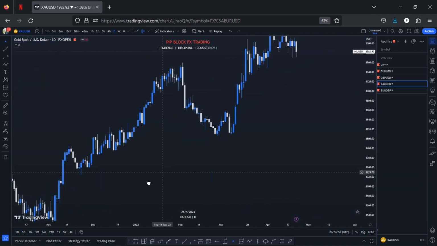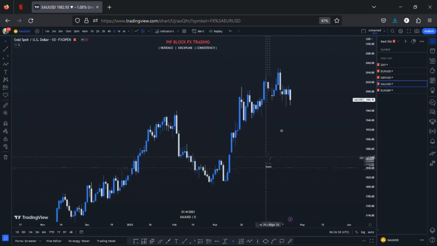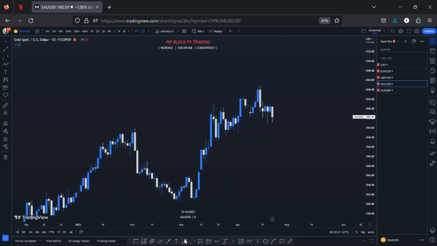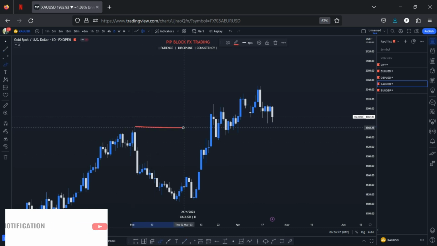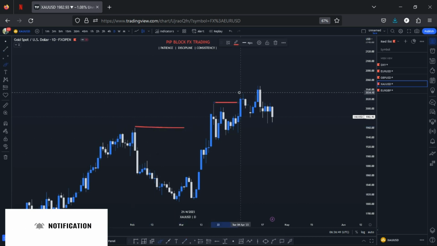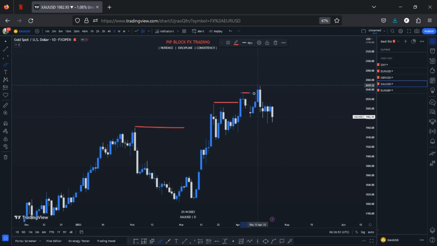Okay, from the daily time frame, you can see we have some very nice bullishness on gold. We had a break of structure here, break of structure here, right? I believe you guys can see break of structure here, a break of structure, a break of structure. Good. Now, what will we be expecting? Since we are bullish, I'm expecting market to break the structure, give me some sell, then we continue.